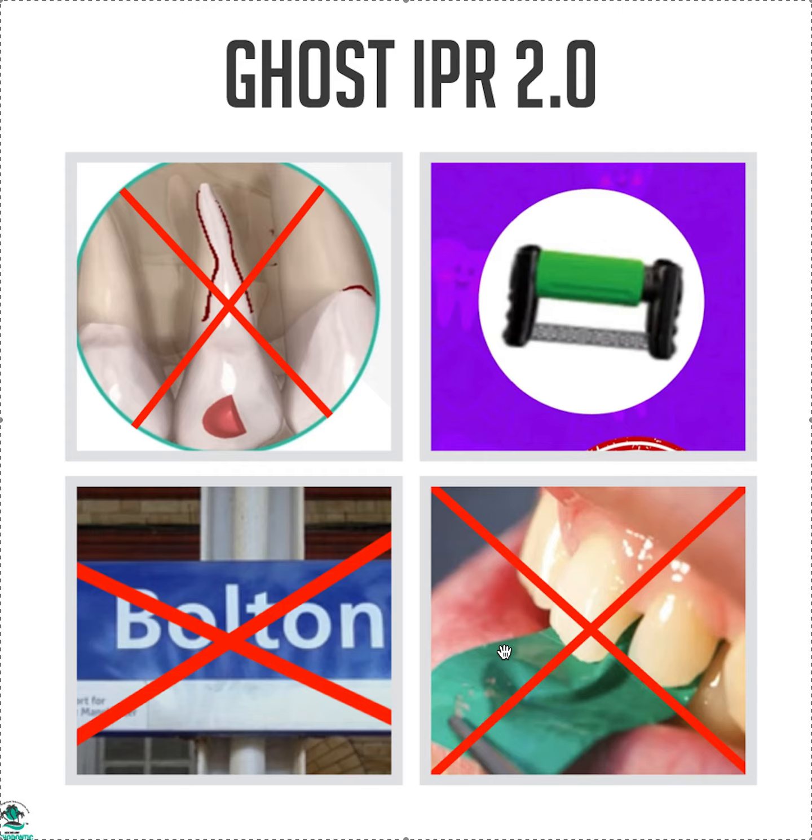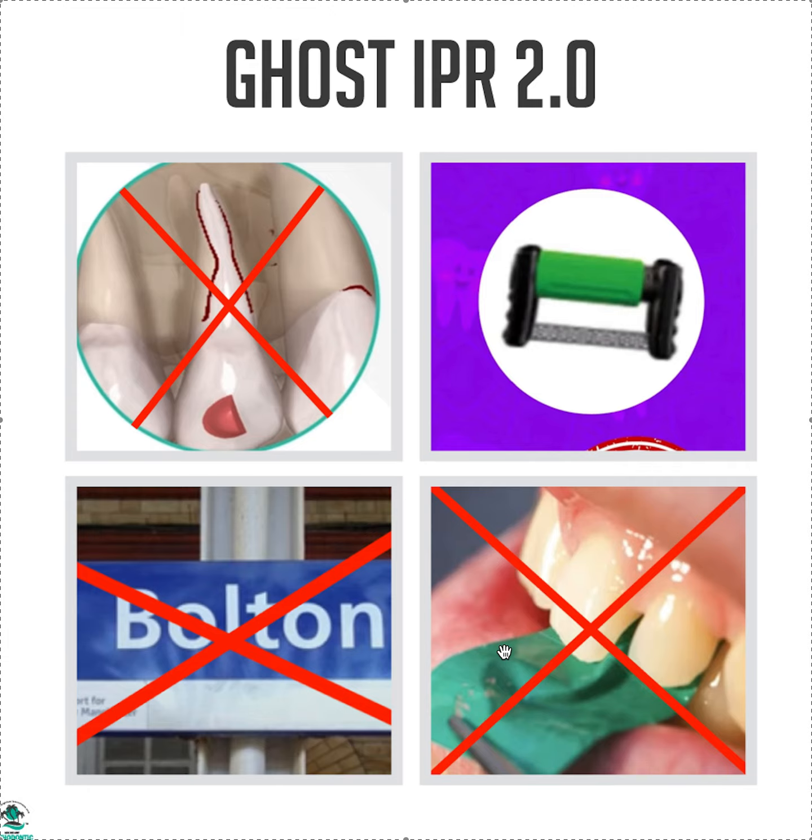So walk through that workflow. If everything is done, the teeth are totally straight, there are no anterior contacts at the end, you're super happy with the alignment, all the things are done except you have a few random open contacts, that's where Ghost IPR comes in. But it only comes in when you've done everything else. That means you're